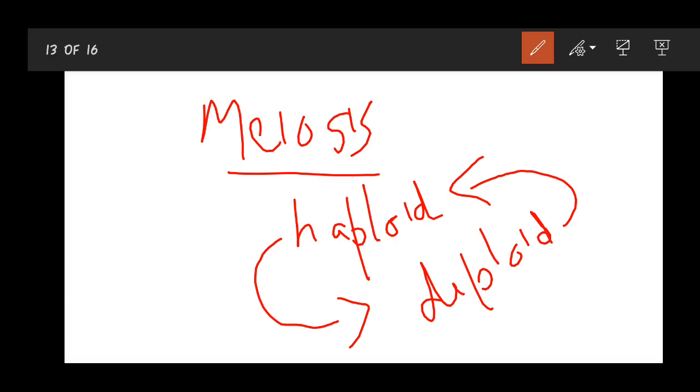So the haploid phase is brought about by meiosis, and the return of this haploid phase to the diploid phase is ensured by another event called